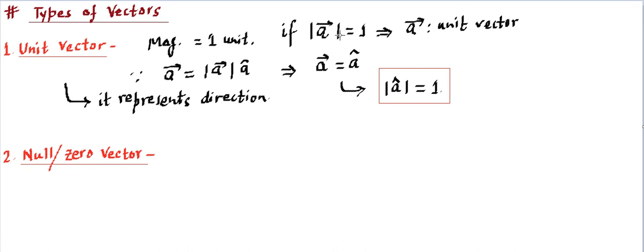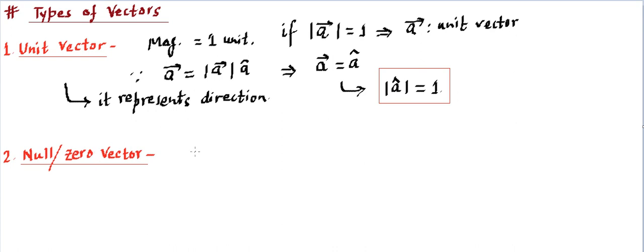And since the magnitude is 1, we can also show this in a Cartesian coordinate system. Whenever we are drawing a unit vector, we need to keep the length as 1 unit. I think that's obvious and you can grasp it. Now let's move ahead and talk about the next type, which is called null vector or zero vector.